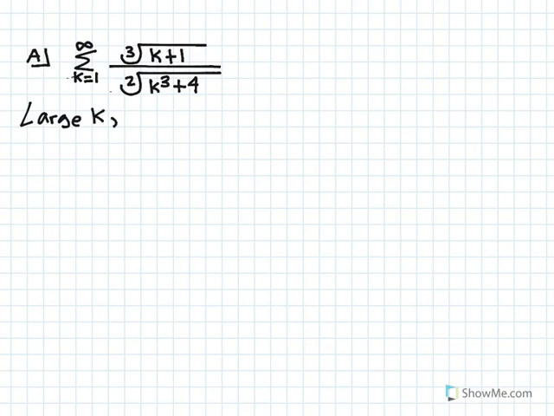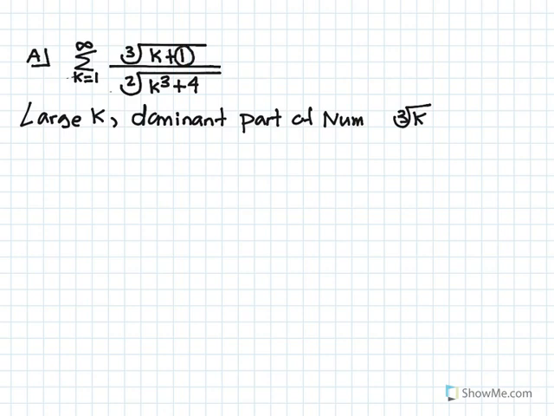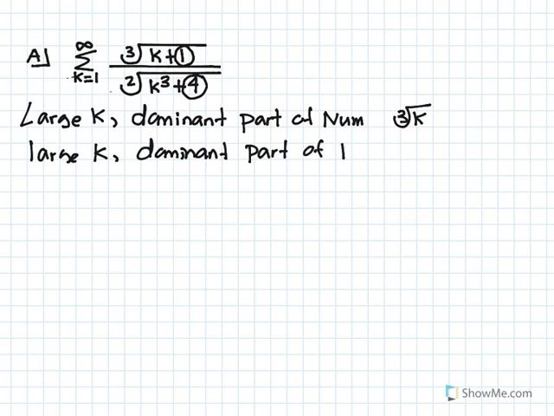the dominant part of the numerator is going to be third root of k, because adding 1 does not affect the magnitude of this ratio in a significant way. Similarly, adding 4 in the denominator does not affect this ratio in a significant way. So for large k, the dominant part of the denominator is the second root